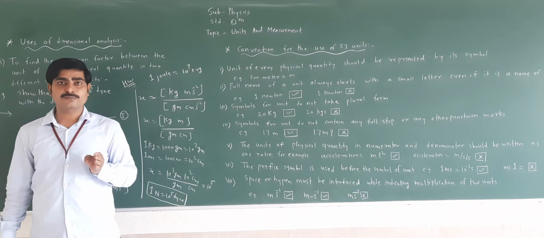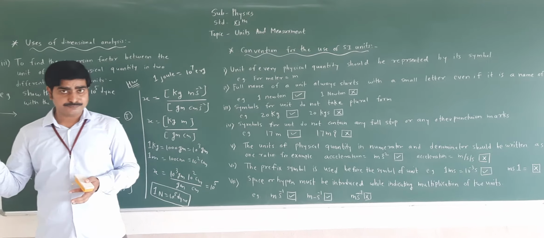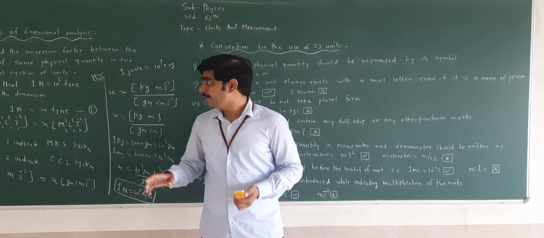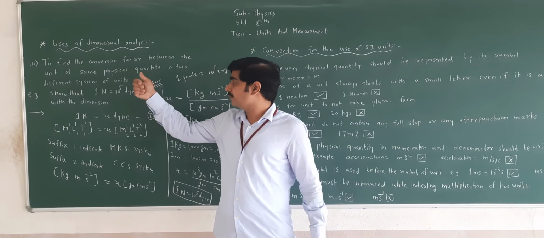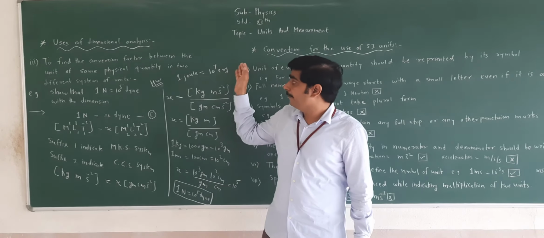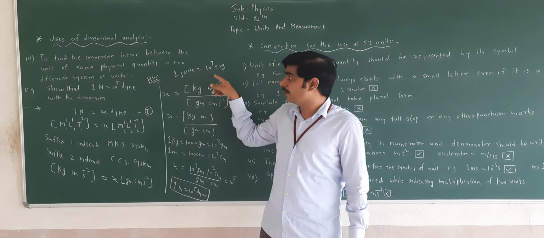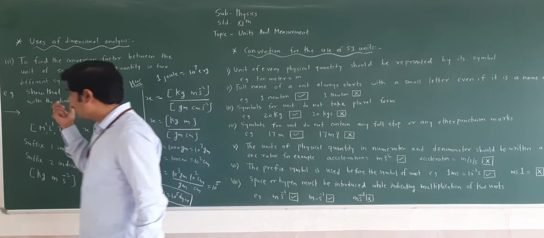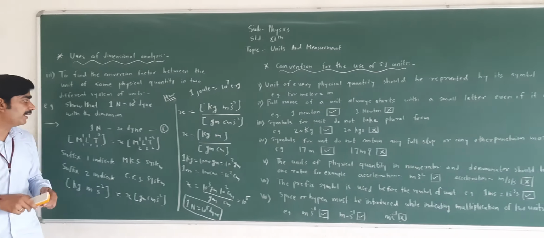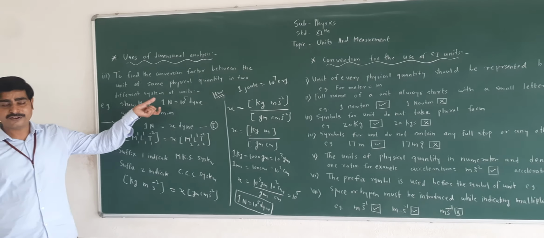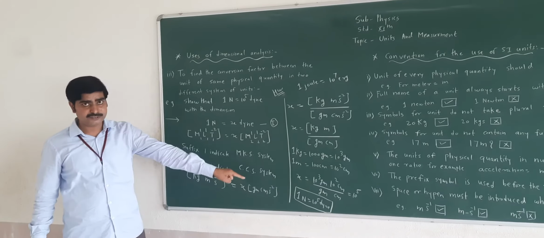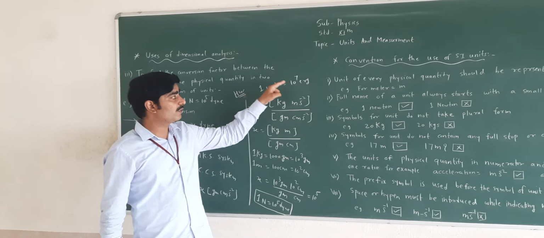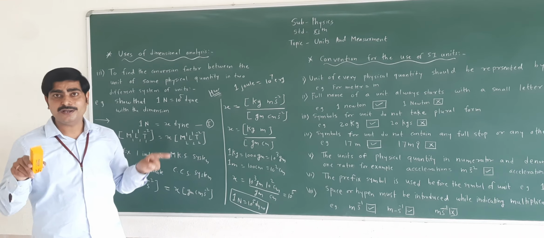Minimum 4 rules you should remember during the examination. Okay, friends, again I am going to tell you what we have learned today. Today we have seen the third use of dimensions, to find the conversion factor between the units of the same physical quantity in different systems of units. After that, we have seen two examples. In one example, I told you that 1 newton is equal to 10 raised to 5 dyne, and how to calculate this with the help of dimensions. And one question I have given you for homework: 1 joule is equal to 10 raised to 7 erg, that you have to prove with the help of dimensions.